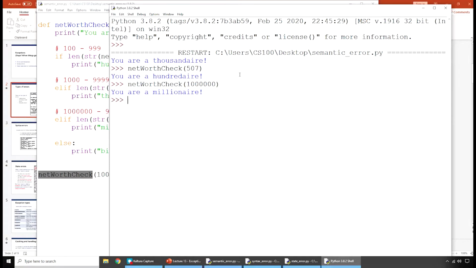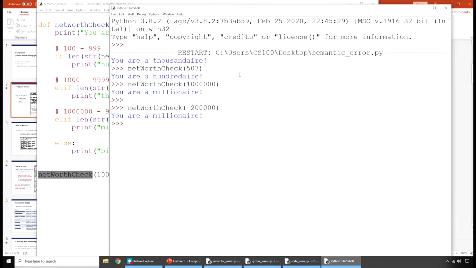So if we were asked to write a program like this and we wrote this function, we might be pretty happy with it at this point, and we might give it back to the individual that asked us for it and say, it's ready to go. And then it might work fine for a little while. And let's say someone comes along and they just graduated from medical school, so their net worth is not a positive number, it's actually negative $200,000. So they come in here and check, and they're told that they're a millionaire, which sounds wrong for